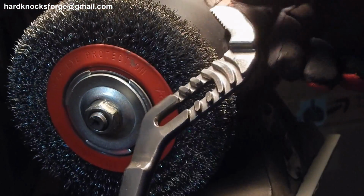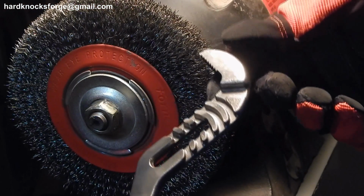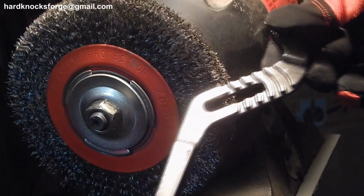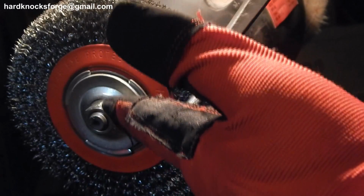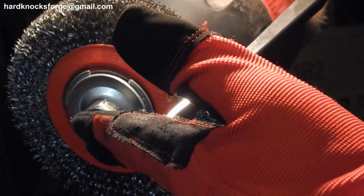Stop. So, yeah, she's pretty bright and shiny. Looks good. There's, you know, pitting and that kind of stuff in there, but